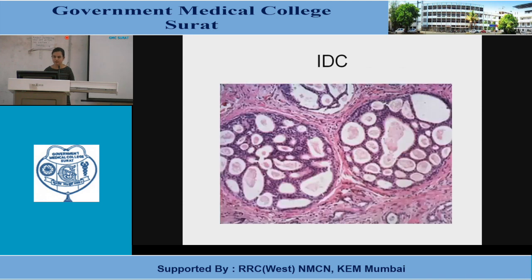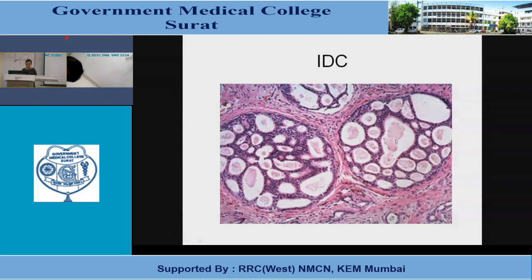This is a histological picture of IDC. Now what you are seeing here in these round lobules is basically the in situ component. Can you see the cribriform architecture? What is a cribriform architecture? It is basically the cookie cutter appearance. So what you are seeing here is the in situ component, which is also known as DCIS. And what you are seeing here in this lower area are the cords. Can you see these cords? These are basically the infiltrating component.